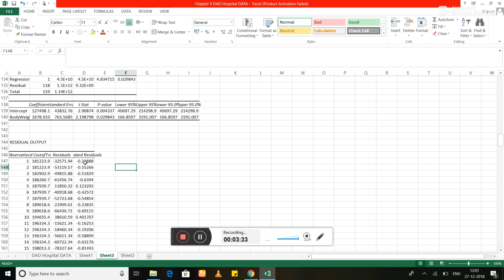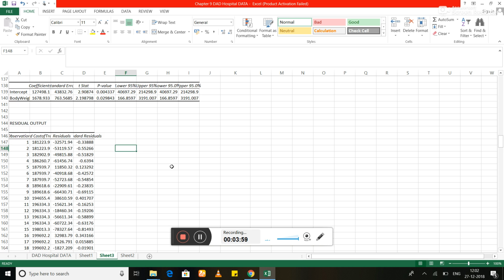We plot a graph between the standardized residuals and the expected standardized residuals from a normal distribution, that is, what the values should have been if the residuals followed a normal distribution. If they do, the graph will turn out to be linear. Otherwise we will obtain a non-linear graph.